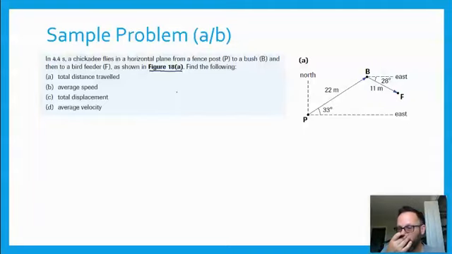So we're going to find total distance traveled, average speed, total displacement, and average velocity. And the one that will require us the most work and for us to use vectors is part C. And I'm actually going to show you 2 different ways we can do that. Let's talk about part A first. So part A is pretty straightforward. The total distance traveled,